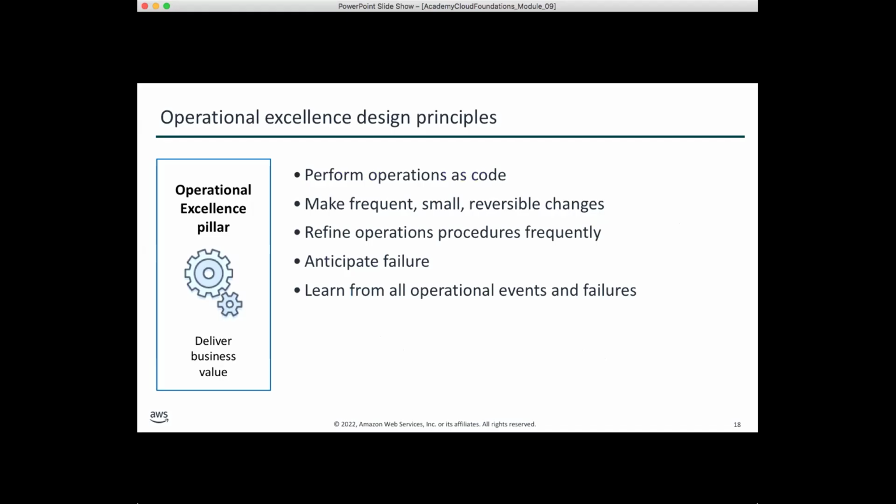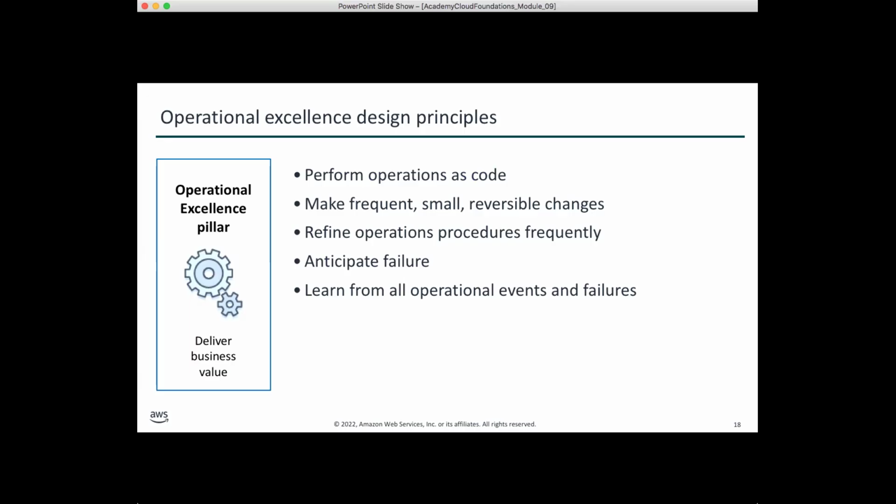The design principle involved in operational excellence as per the AWS Well-Architected Framework is to perform operations as code. Now, if you remember, in the last lab, answering one of your questions, I said, what is cloud? Cloud is essentially just a large code, isn't it? Code is managing everything in the cloud. So basically, it's software. It's not technically software, but you can envision it as software which is managing everything. So when you identify our operations or our workload, think of it as code. Perform operations as code.